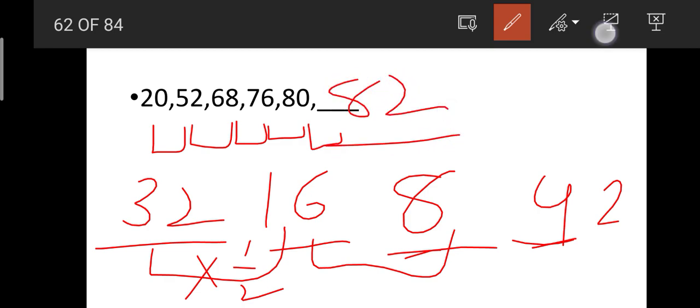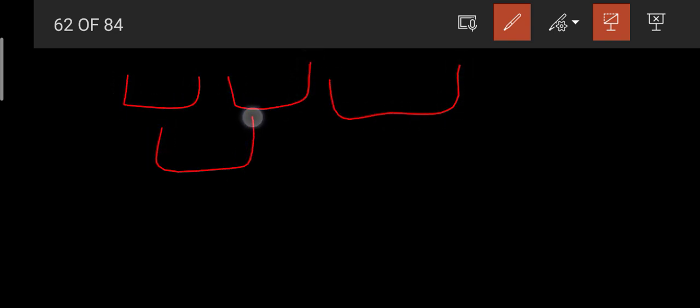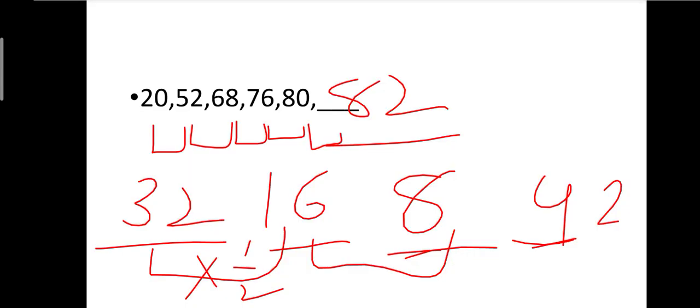Okay, this is two step. We should take the difference between the two numbers, and we should see whether they have multiplied the number with 1 or half. In this model they have halved the number. Okay, now we will move to our next question. This is also a very simple model. You can get the answer.